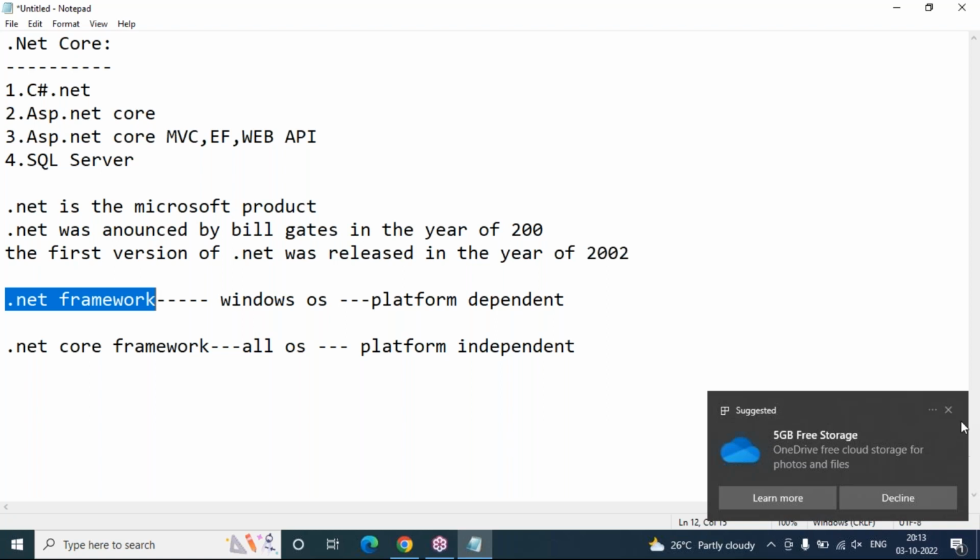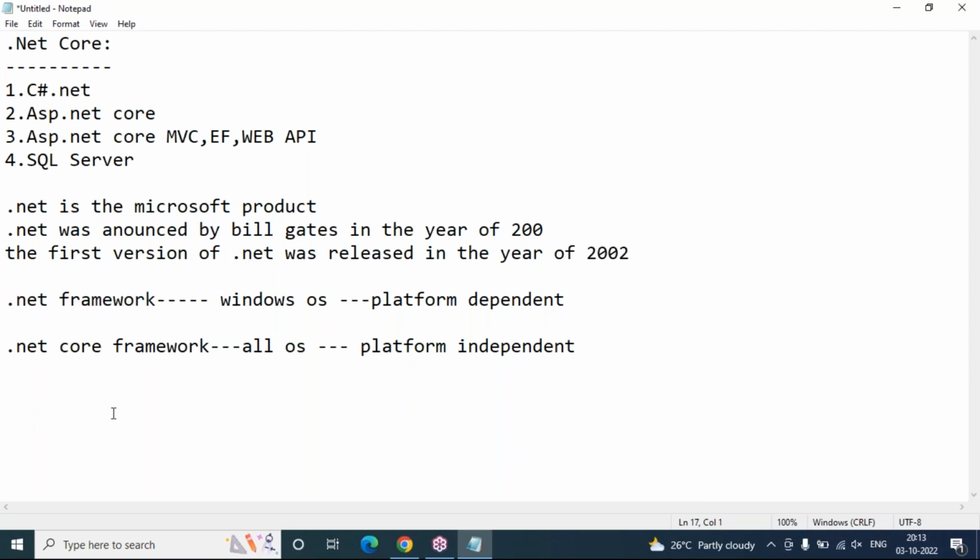If you don't install or include these frameworks on your computer, you will not get any libraries, and obviously you will not be able to develop an application. That's the reason we can't develop an application without .NET Framework or .NET Core framework. You can download these frameworks from the official Microsoft.com website. There is no need to install .NET Core separately, because depending on your version of Visual Studio, these frameworks are automatically integrated with Visual Studio.